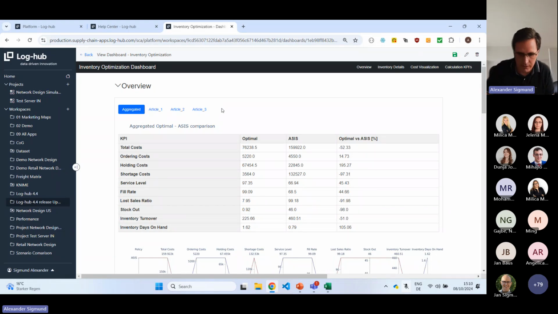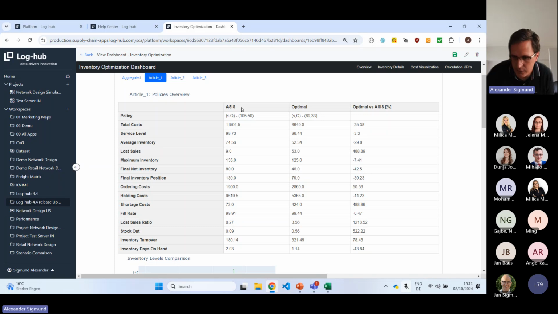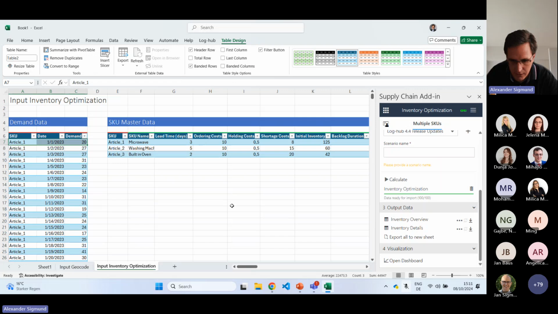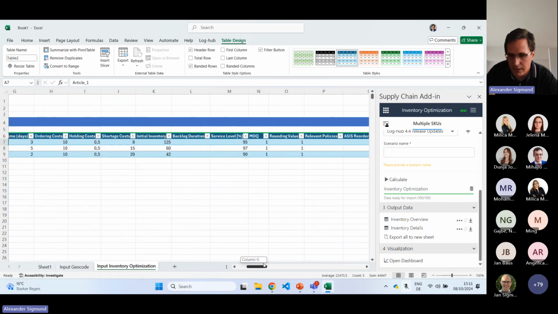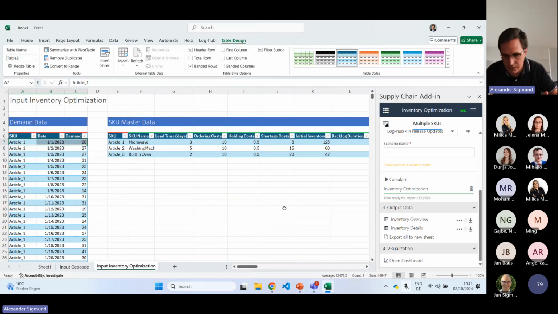To explain it to you in more detail, I will just go into article 1, for example. In article 1, we always have an as-is situation and now the optimized situation. How do we actually get to an as-is situation? The as-is situation happens because we can define here in the parameter the existing policy that is at the moment configured in your system. And here we defined that we are using the SQ policy with the parameters 105 and 50. This is how we are able to use an as-is and do a comparison of your existing policy